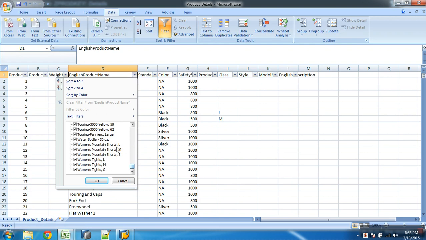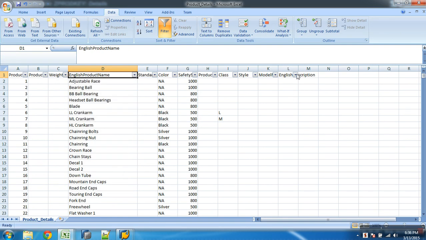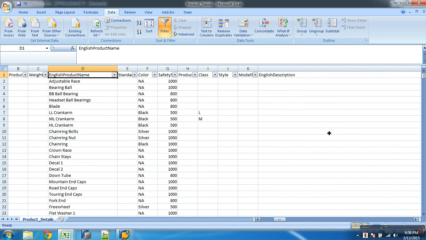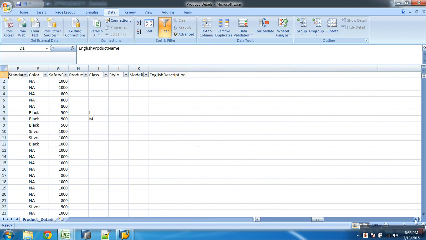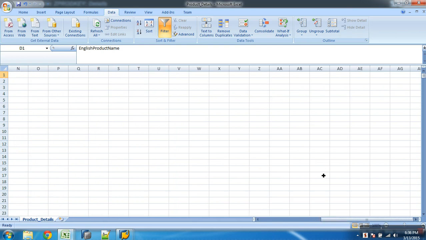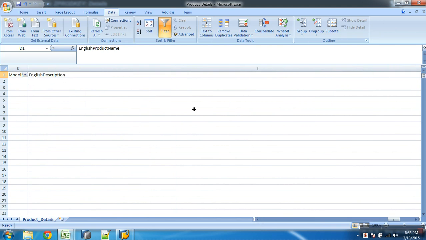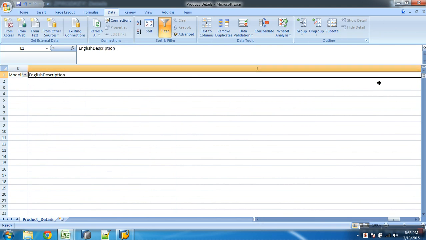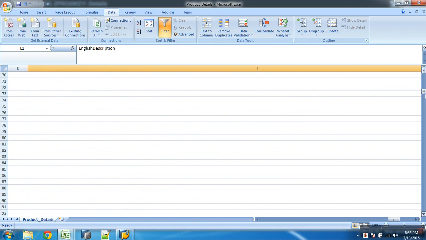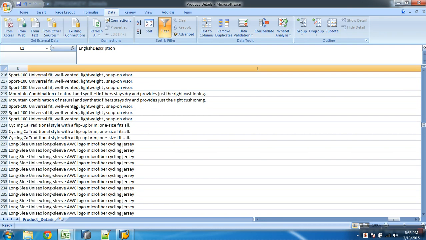So I'll go with medium for this column. Medium description, which will have length 40. But if you look at the last column, it's a very big column. If you go down, you see it contains very big text. So I need to handle this column as if it's a very long text.